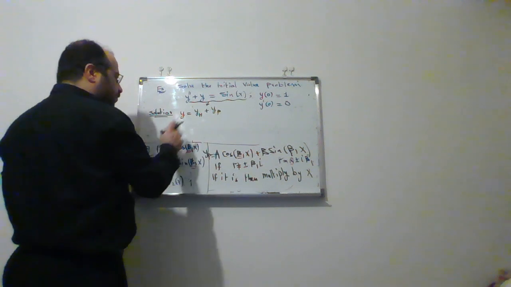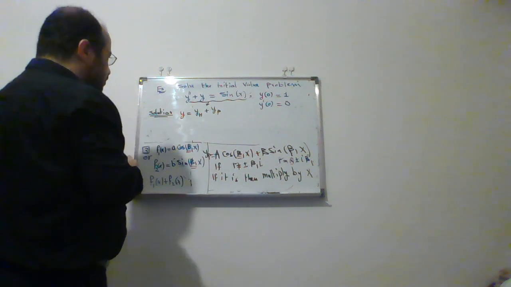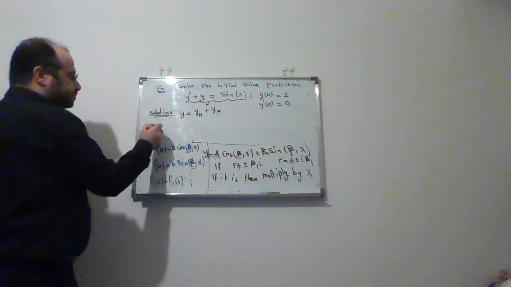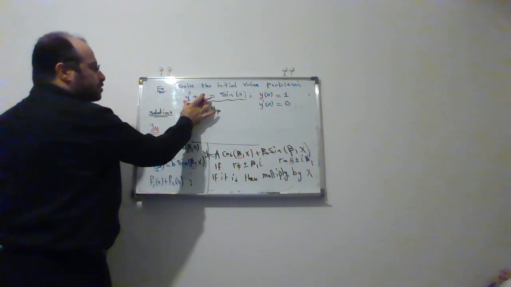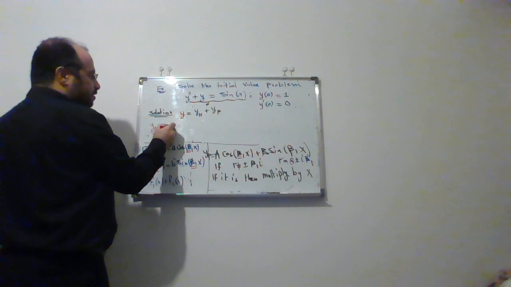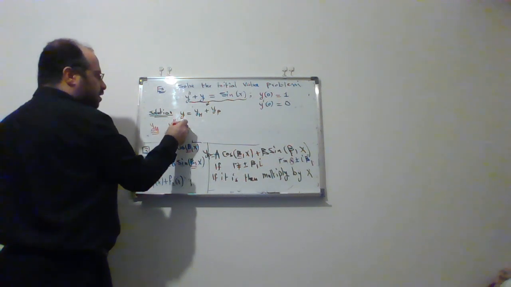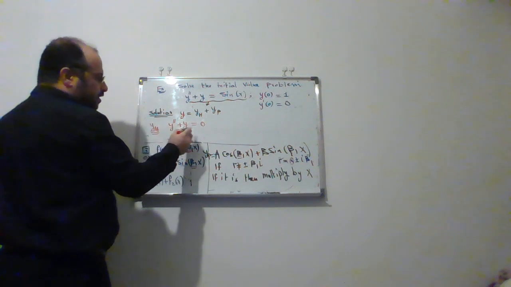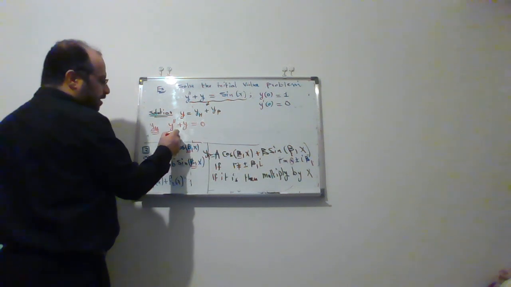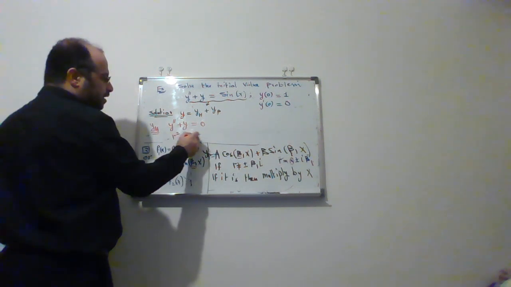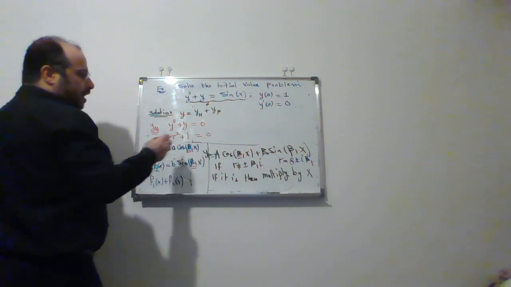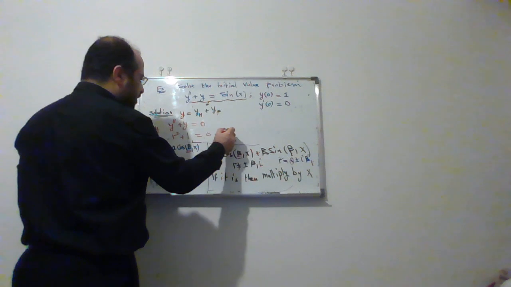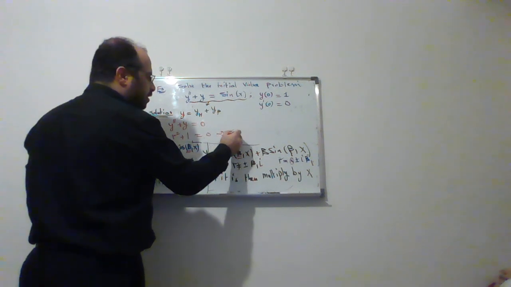Yeah? For y homogeneous, let me do the homogeneous part. So here is the y homogeneous. You need to solve this equal 0. So you have y double prime plus y equal 0. And then you need to change this into a characteristic equation, right? So equal 0. And you may use your calculator here, and you will get r equal to